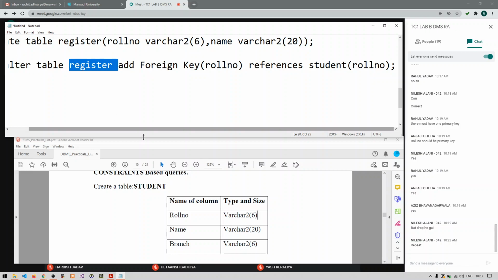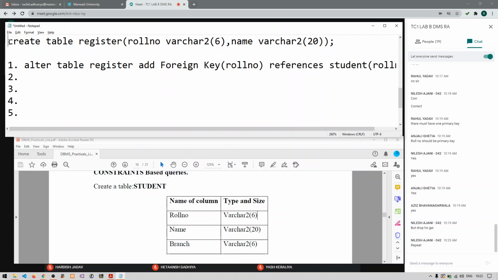Well, let me do one thing here. I have created a table here, create table register. Instead of roll number, I am writing roll underscore NO, so that's for your reference.